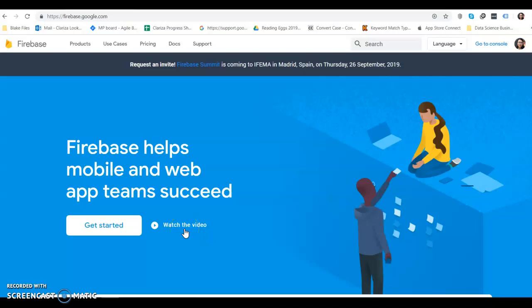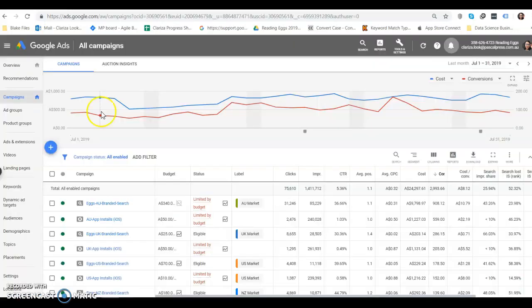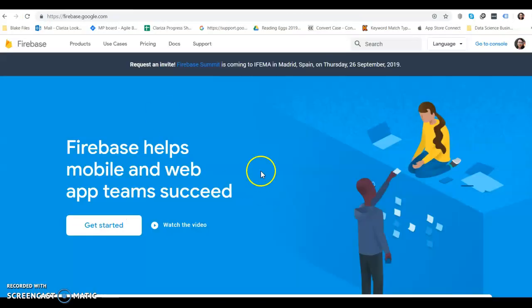Hi, today I'm going to show you how to find the figures for the app install campaigns in Google Ads using Firebase. In order to see those figures, you have to have access to Firebase, and